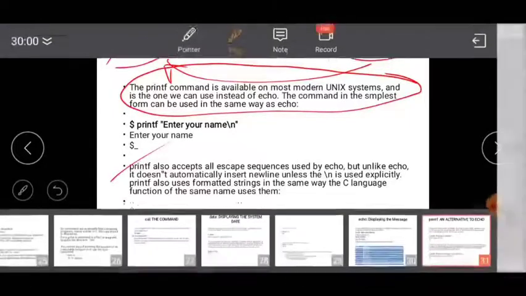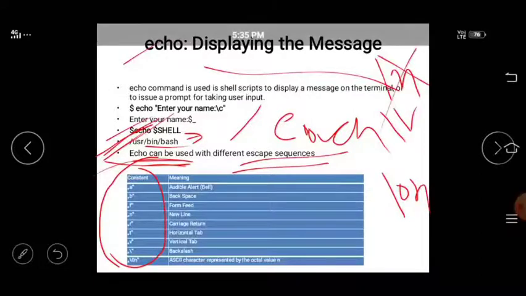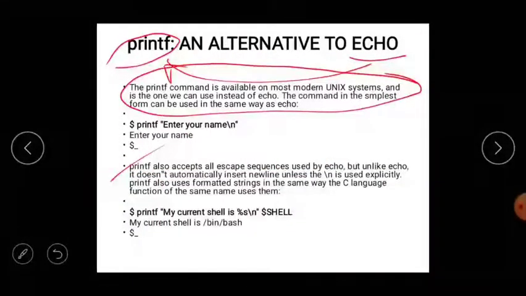Echo may take a new line automatically without using backslash n, but in the printf command you have to use backslash n to move to the next line. Okay, printf also uses formatted strings in the same way as the C language function of the same name.